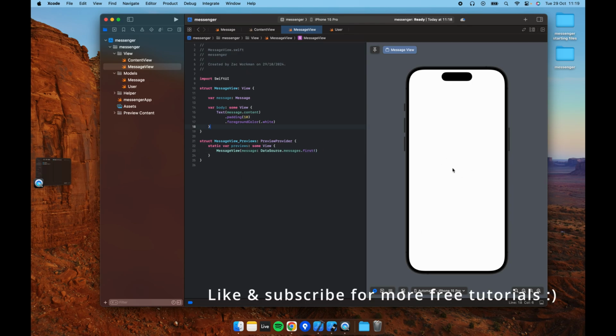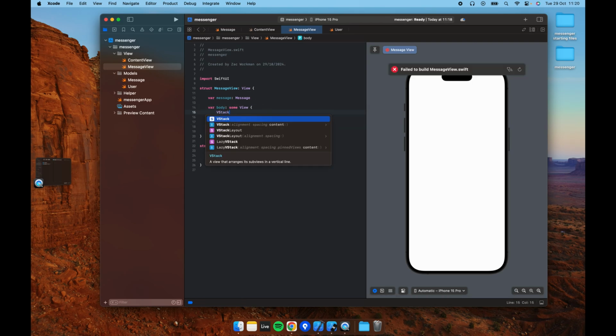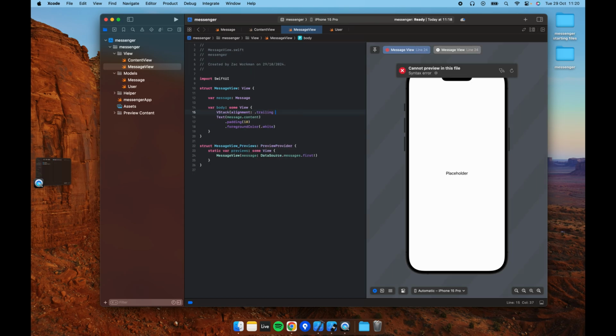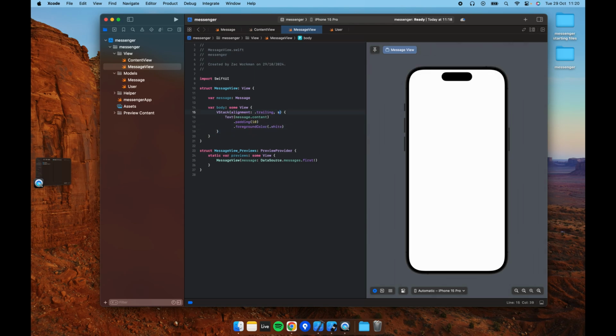Obviously now we don't actually see the text on the screen because we've set the colour to white and the background colour is white. So let's create our VStack up here. Alignment's going to be trailing, and chuck the text inside of that, and we'll just set the spacing to 0 as well. So this VStack is going to contain the message content text and the time,